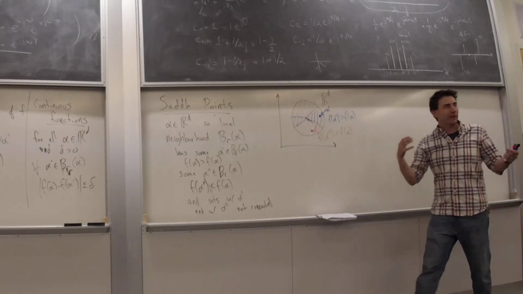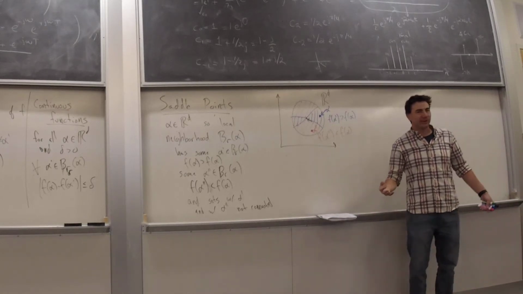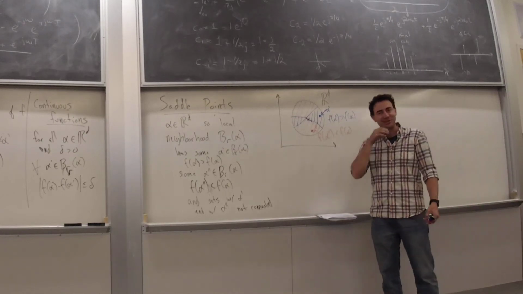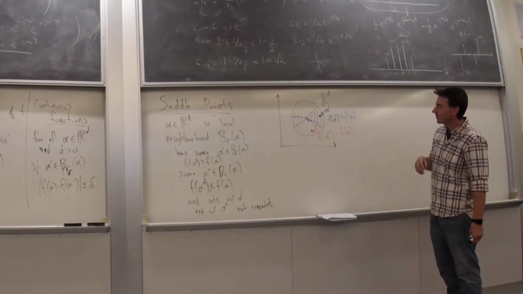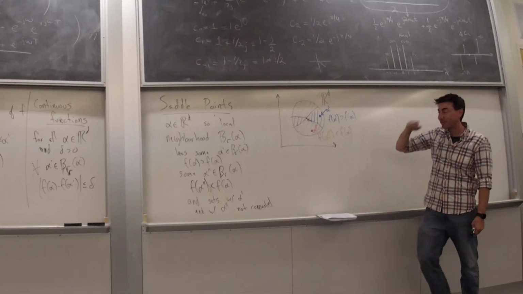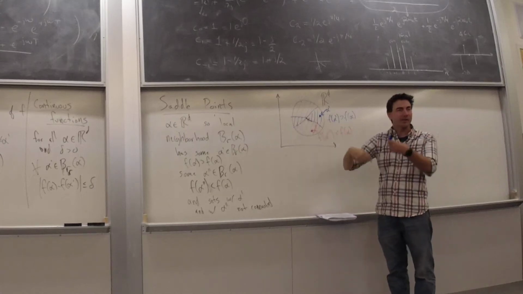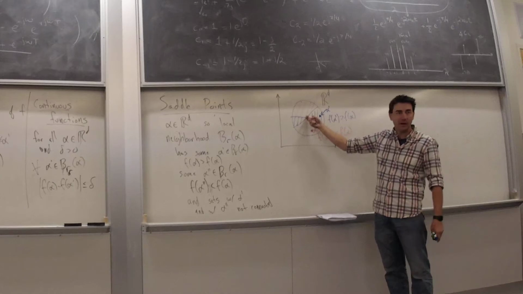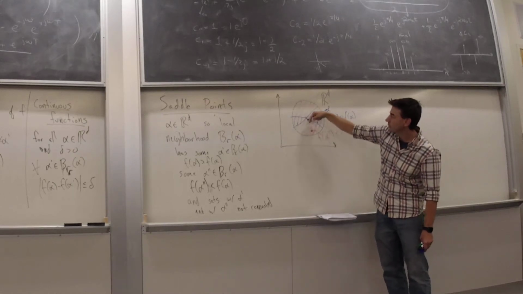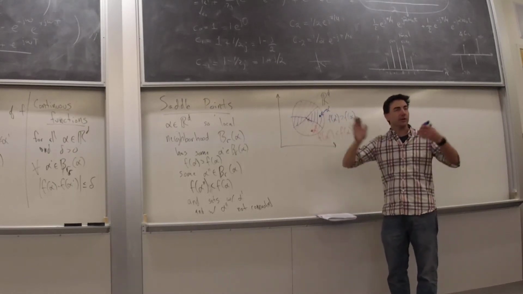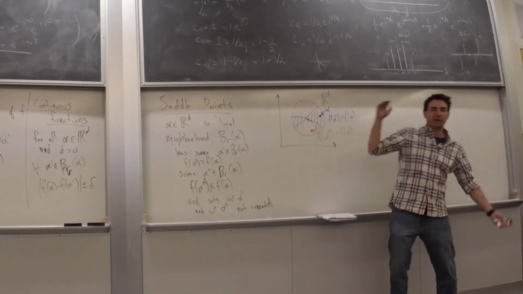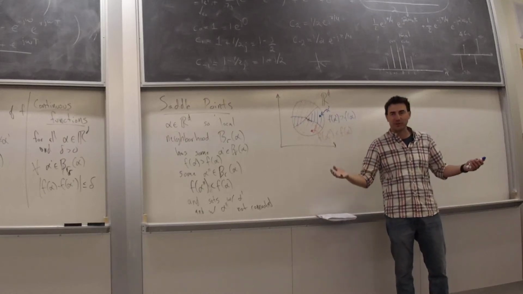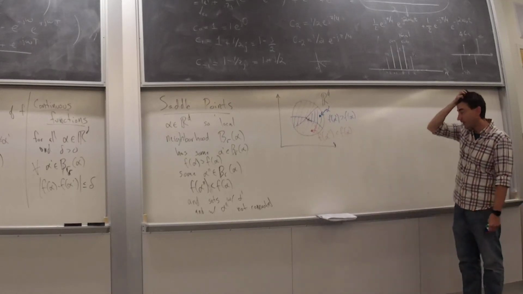But if you've ever been to a rodeo, sometimes it can be hard to stay on a horse. In general it should be easier, but the problem with the saddle point is that if I want to walk down a function, which is what gradient descent is all going to be about, and I'm sitting right here, I can go down this direction or this direction, and they might go different ways. If I fall off the left side or the right side of the horse, I'm going to wind up on a different side of the horse. So